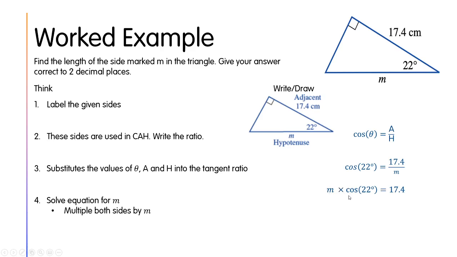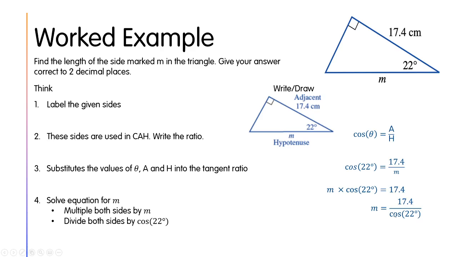The opposite of a times is a divide. So we divide by cos 22 degrees, put that underneath. And now we've got M equals, and here's our expression for what M equals. Now we can type that into our calculators: 17.4 divided by cos 22 degrees,